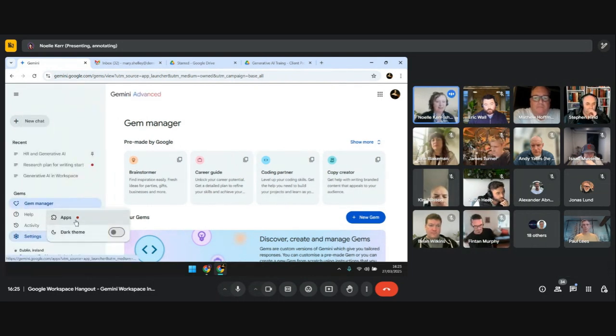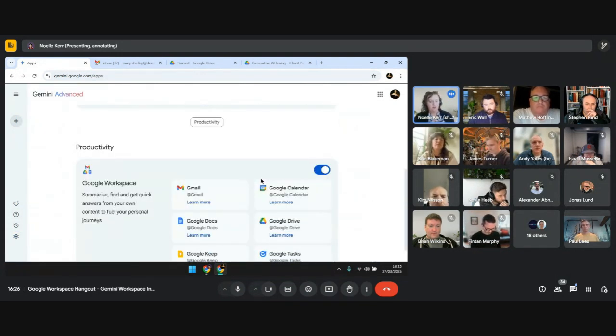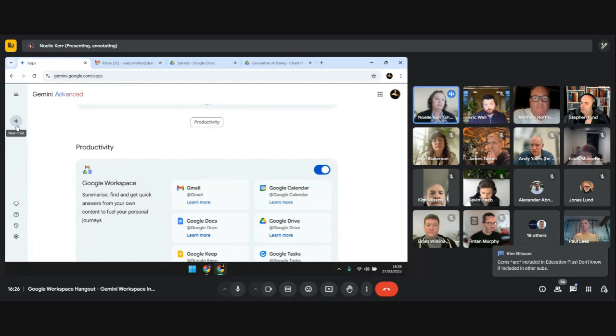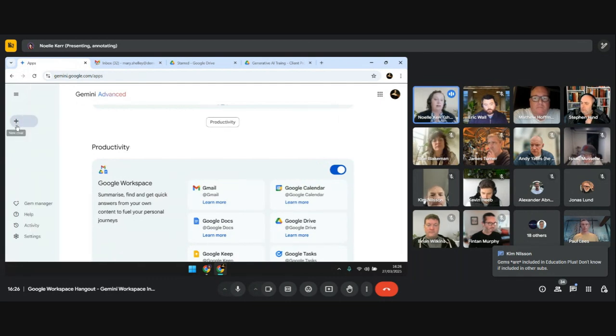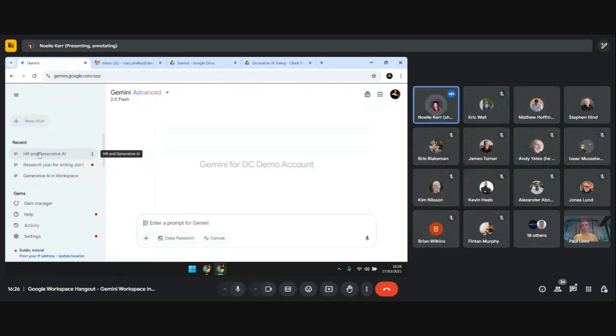Inside of Gemini too, we have settings that allow us to engage with Google Workspace itself. What we do say to our users or any of our admins is this has to be turned on first at the admin panel, and then individually the user needs to turn on the extension for themselves. So once that's turned on, inside of my chat window, I can now ask it to have a look at a document that exists inside of my Google Workspace. So this can look backwards into Google Workspace. Now we'll jump into Google Workspace and have a look at how Google Workspace can talk out to Gemini itself.